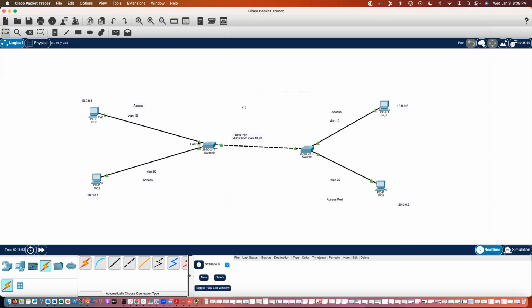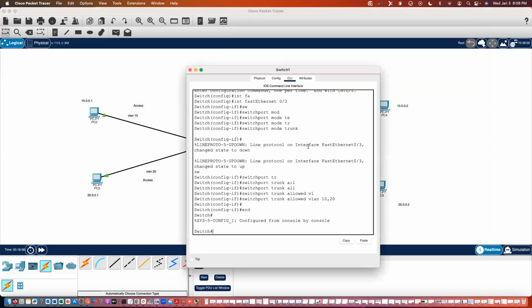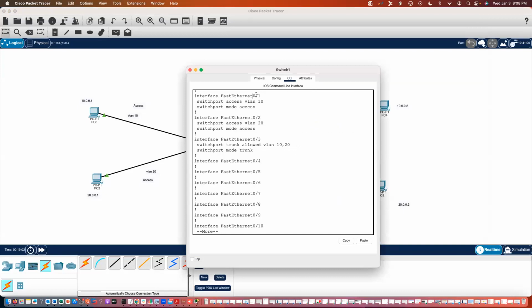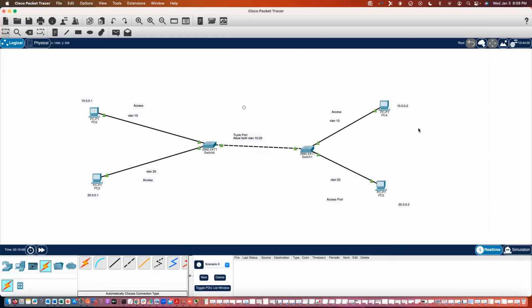So this one is in VLAN 10, this one is in VLAN 20, and this one is a trunk port allowing both the VLANs. Similarly here, 0/1 is in 10, 0/2 is in 20, 0/3 is a trunk port allowing 10, 20. Okay, so 0/3 is the trunk port. Okay, so now